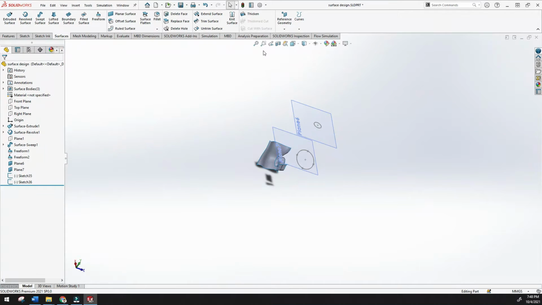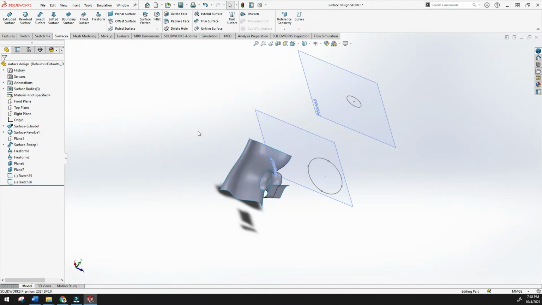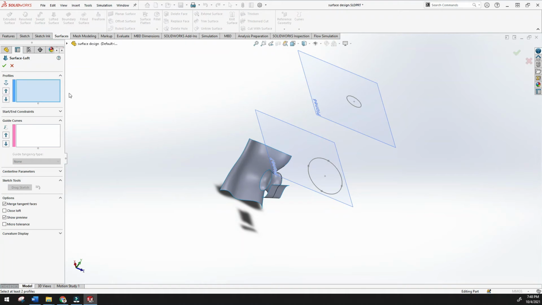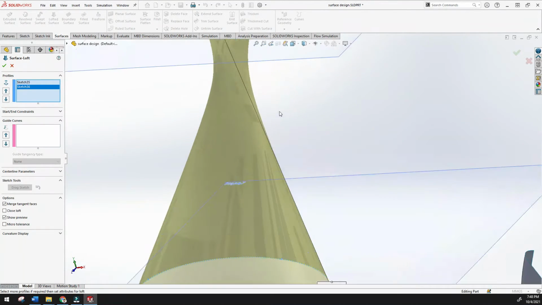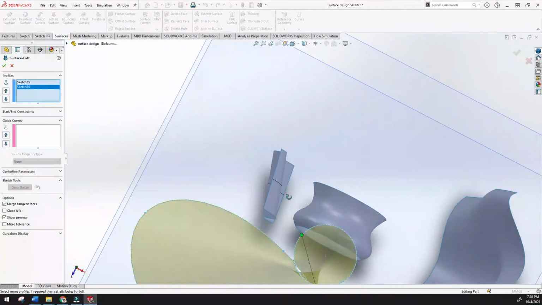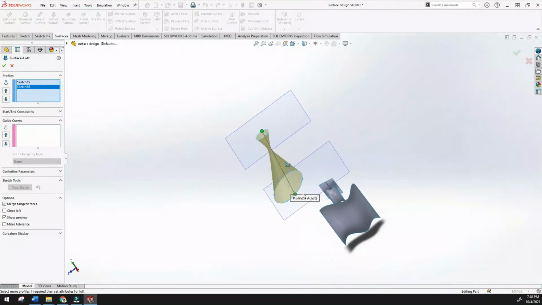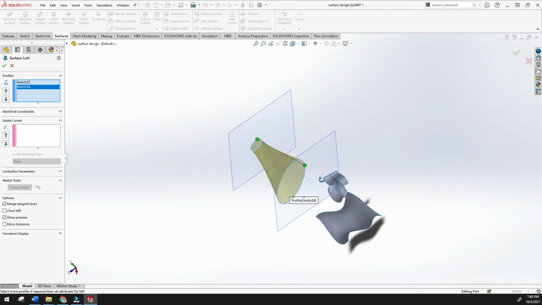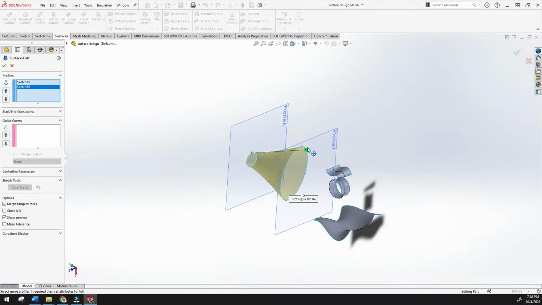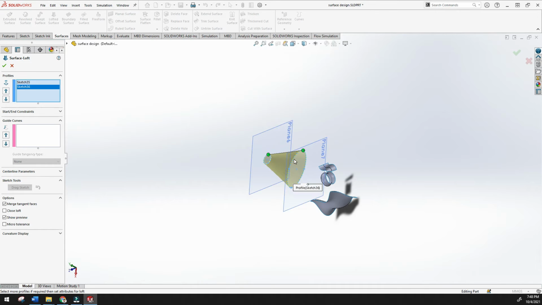Now I have already created them, so let's use the lofted surface with the first profile and the second profile. You can see the loft is created, but it is twisted because of this point, this connector. If you sort it out so it is straight, you will get a straight loft. Here it is.